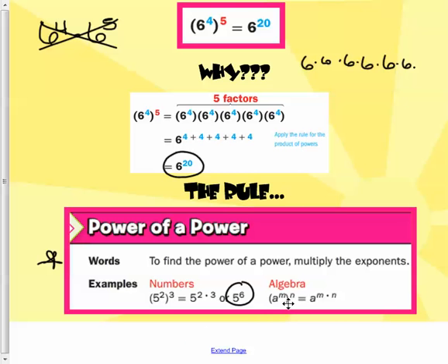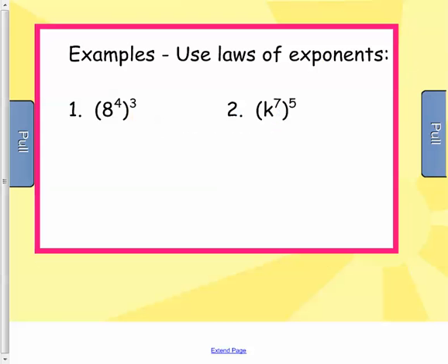In algebra, if we had a raised to the m power and then take that whole thing and raise it to the nth power, then it's like taking a to the m times the nth power. Let's look at this with numbers. We're going to use the laws of exponents. So a to the 4th power